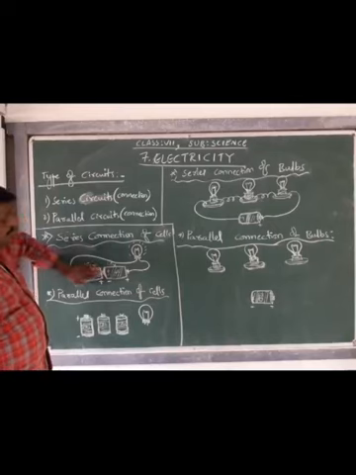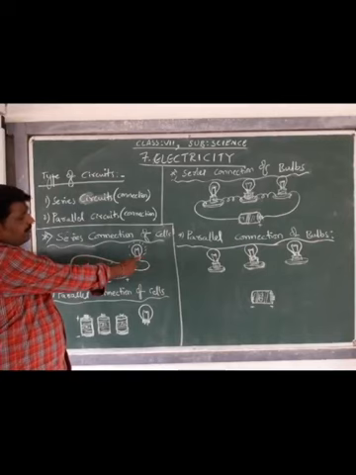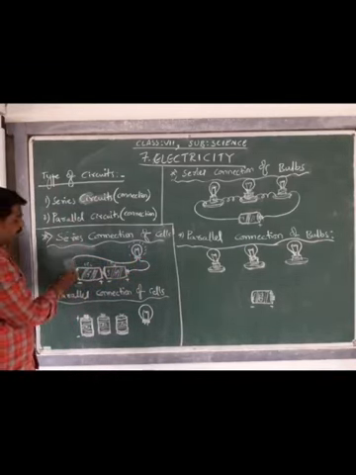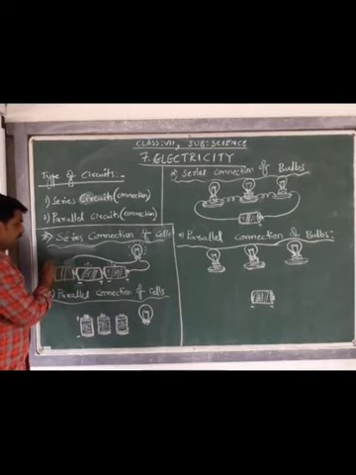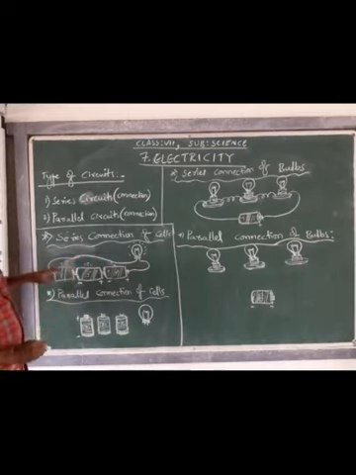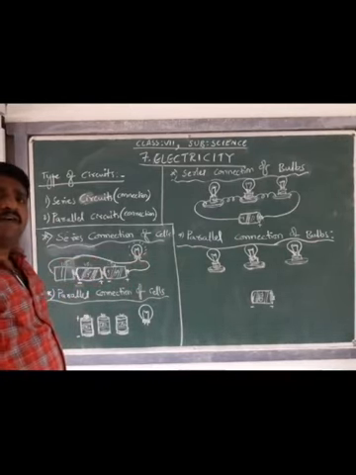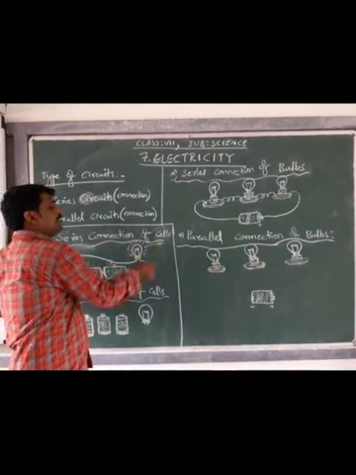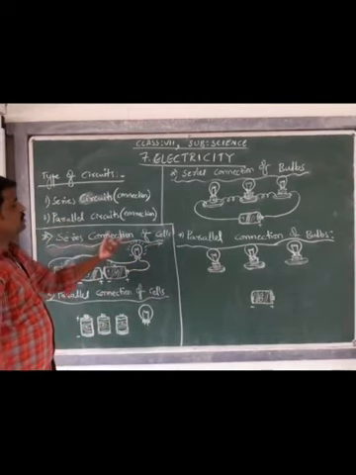For example, if I remove this and connect to this, the intensity of the bulb will become low. If I add one more cell to the circuit and connect it, now in this case 1.5 volt, 1.5 volt and 1.5 volt, that is a total of 4.5 volts will be supplied to this bulb and it will glow even brighter. Okay, this is the series connection of the cells.